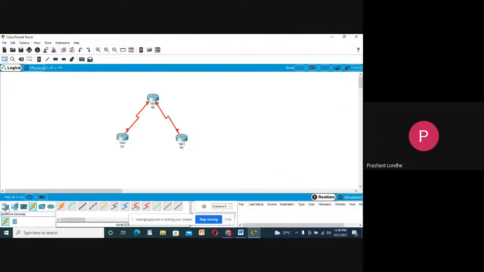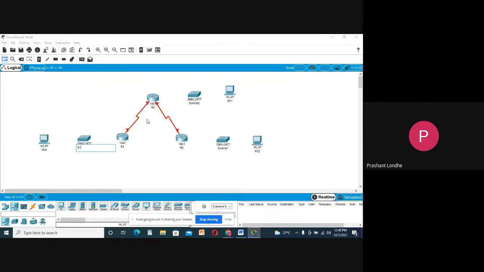So we will take one switch, and we will take three machines. This is your switch S1, this is your switch S2, this is your switch S3, this is your PCA, this is your PCB, this is your PCC.